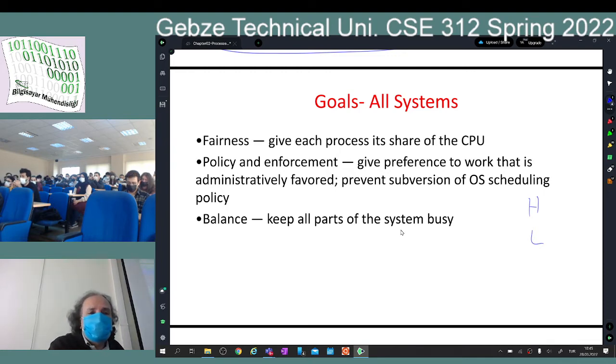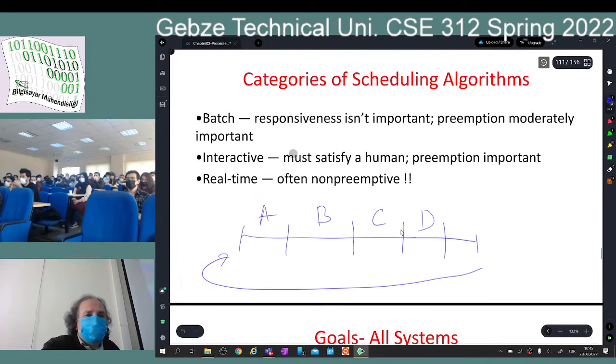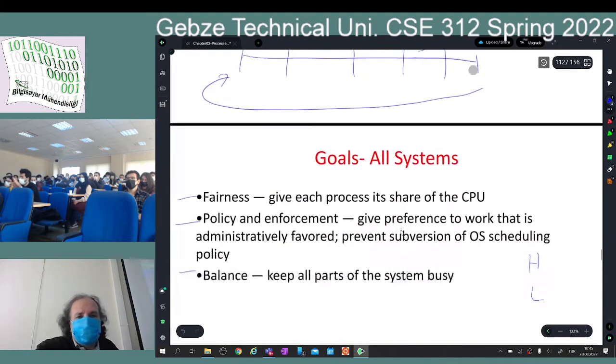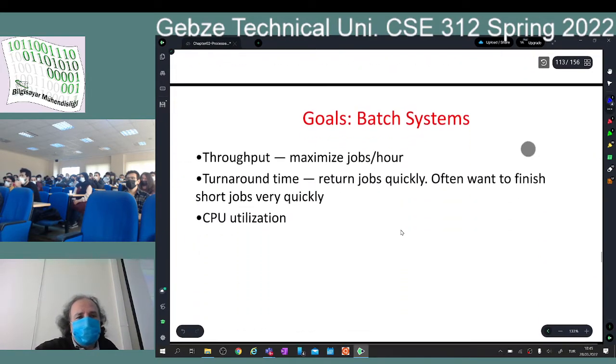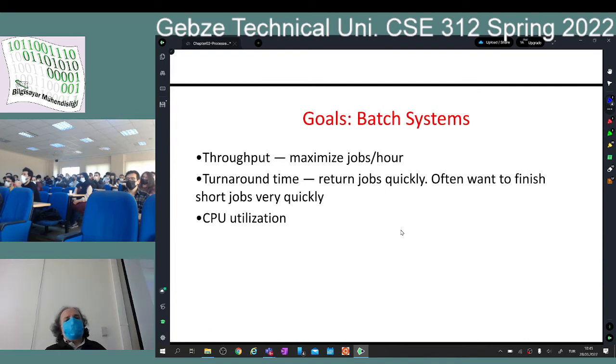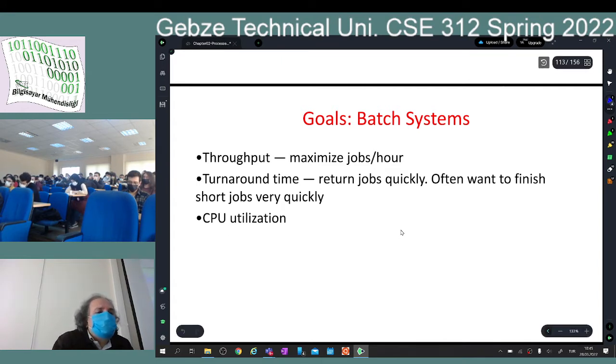So these three things, we will talk about them from time to time when we talk about these specific batch, interactive, and real-time systems. Okay, so let's look at batch systems first. Our goal here, again, is system efficiency. That's the most important thing. CPU utilization: keep the CPU